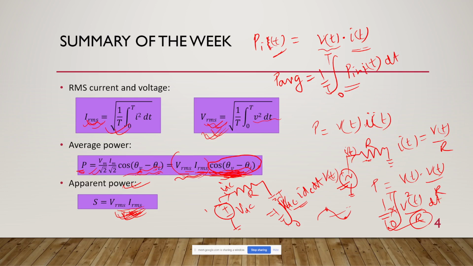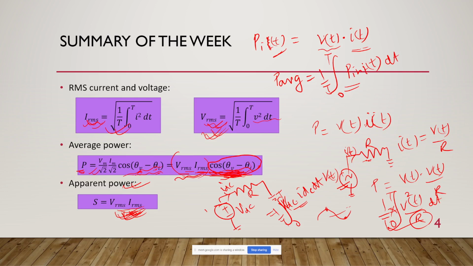So basically, there is a current flowing, isn't it? If you look at an inductor or capacitor, there is always a current flowing there. So if you find V times I, you will get some instantaneous power there also. So what is happening there? If you do the calculation, you will find